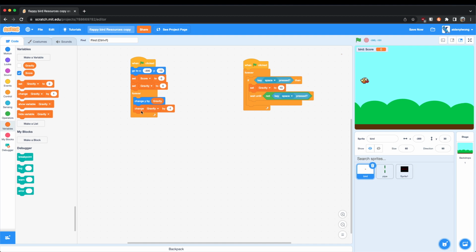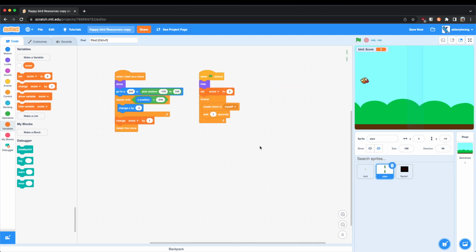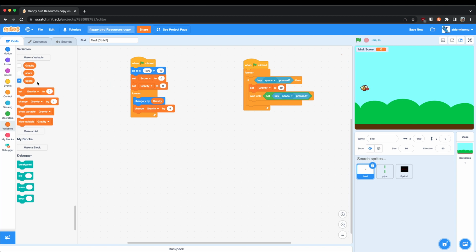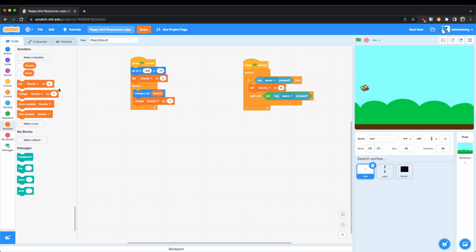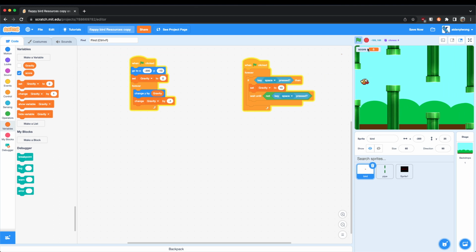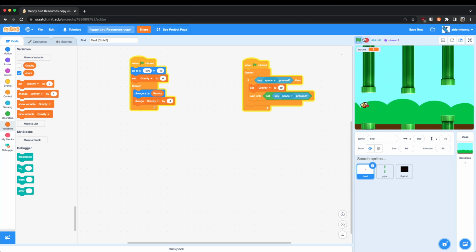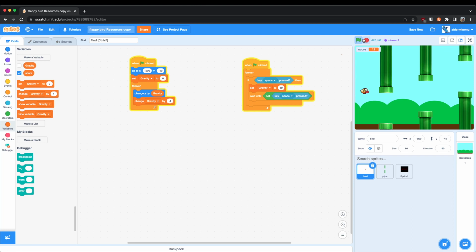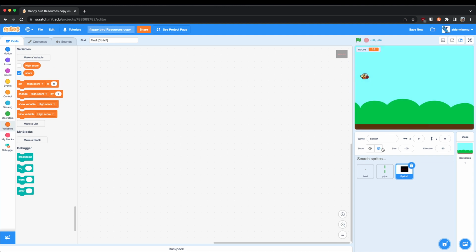Don't need to show it. Yeah, like that. And if you pass the pipe, you're going to get a score. But I think if you touch the pipe, you'll lose, but it won't. So you're going to go to the bird sprite,